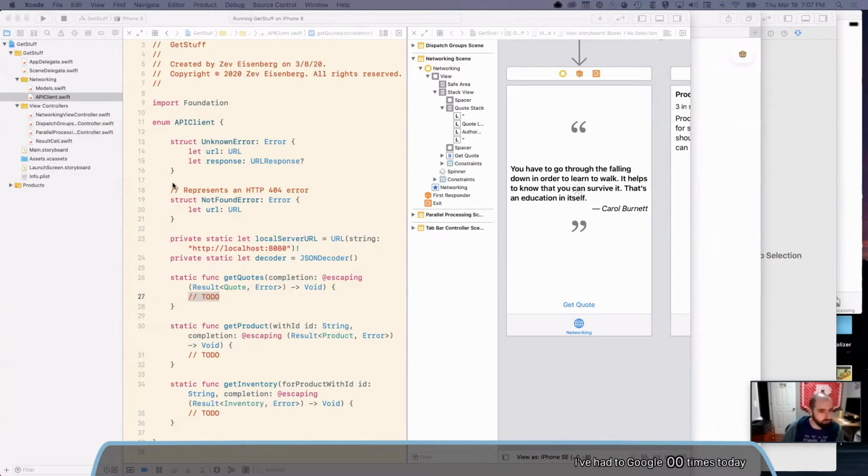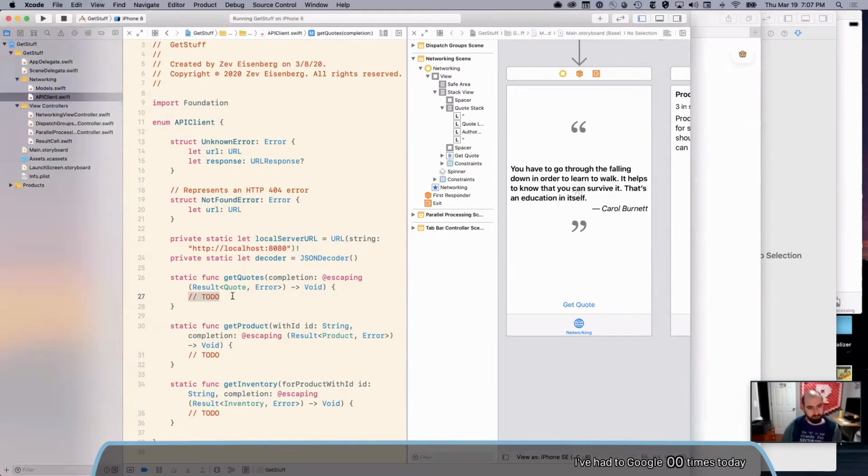So I think I'll implement this method first, just to satisfy this contract of, once it's done, I will call this completion handler. And feel free, I'm going to be using some jargon here, so let me know in the chat what's clear, what's not clear, if there's anything I can clarify. So we're going to be using URLSession for this. You might see people using Alamofire, and that's fine, but it's often overkill. URLSession is pretty capable these days and is a good first place to look for basic networking needs on iOS.